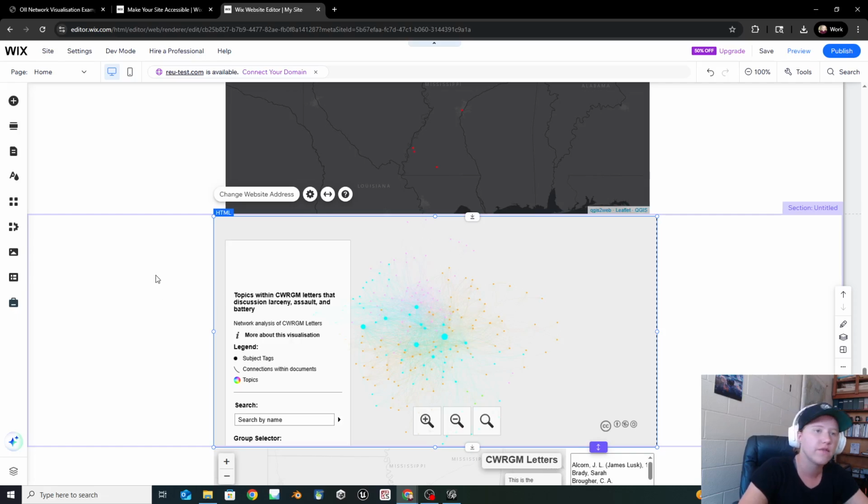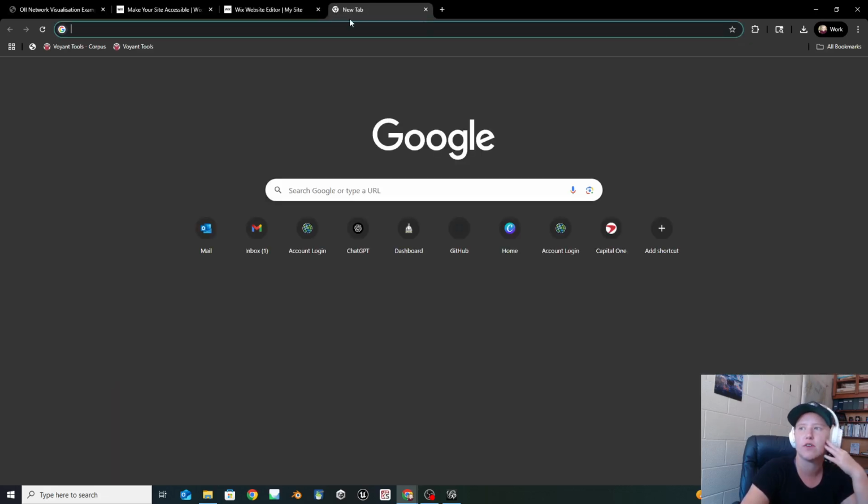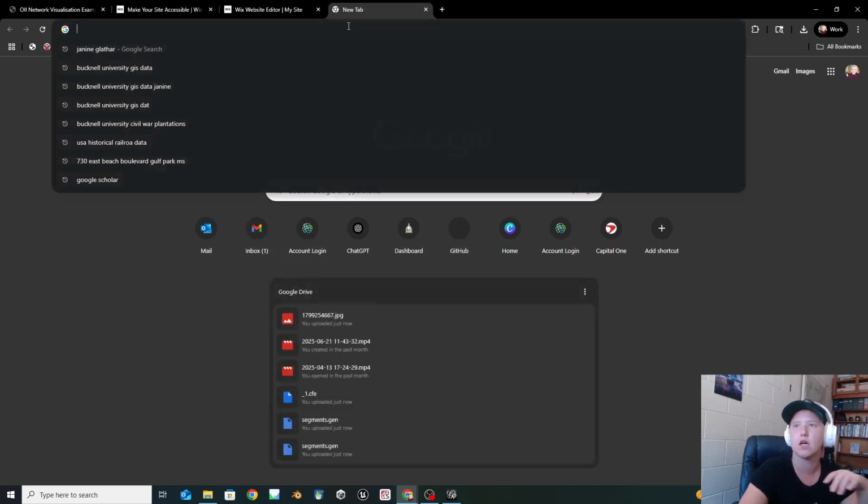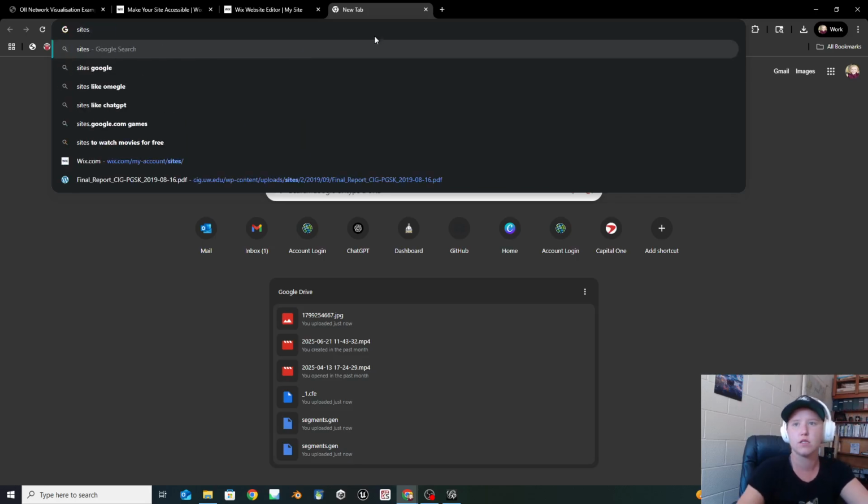If you are using something like Squarespace, the Squarespace ones don't really like to have that, so then you're going to have to embed it into an iframe. Google Sites, you can use this one for, so it works very, very similar to that. It just happens to be a little bit different in terms of what you actually have to add. So if I go to sites.google,